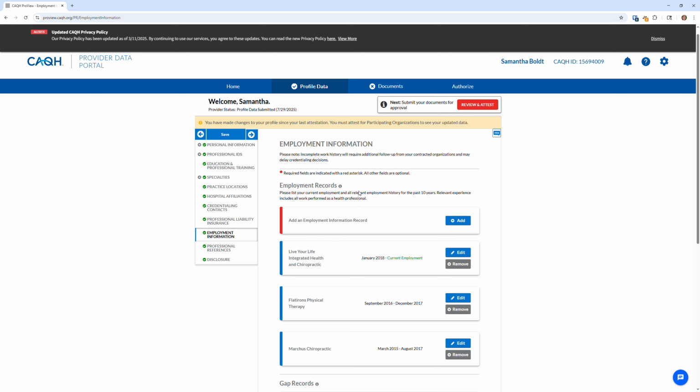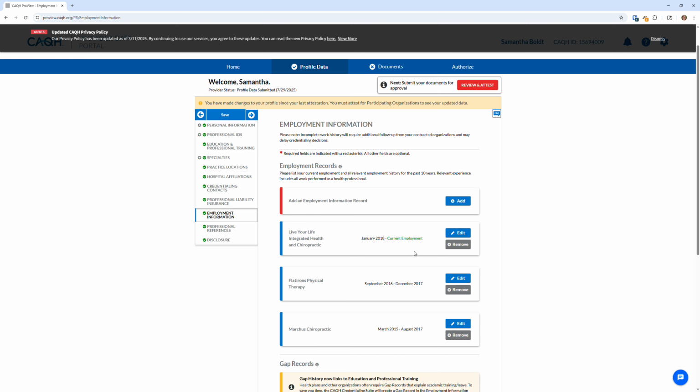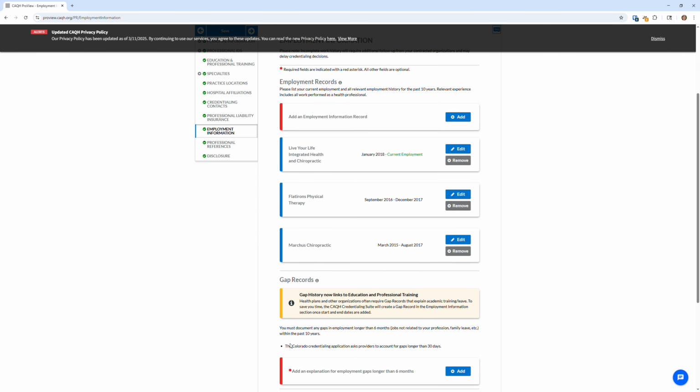Employment information. So this is where you're filling out all of your different employment statuses. It says here in Colorado, you have to account for gaps longer than 30 days. So I put everything from when I got my license, basically to beyond in here, just to make sure they didn't come back and go, hey, there's 30 days